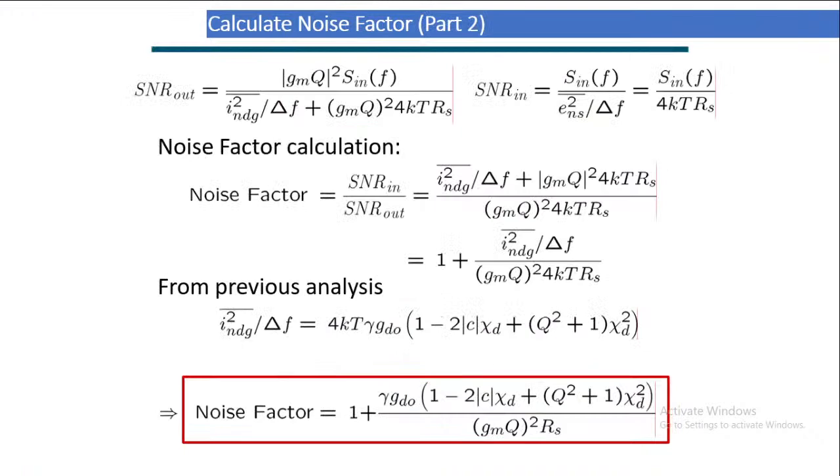Now we have seen the expressions for SNR output and SNR input. So the noise factor will be SNR input by SNR output. Just divide these two expressions. That will give us the noise factor as 1 plus the variance of the NDG current by delta F divided by (Gm Q) whole square into 4kT RS. That is the noise factor. Now once we know the noise factor F,